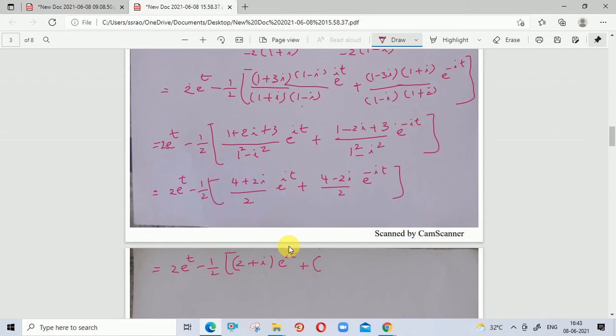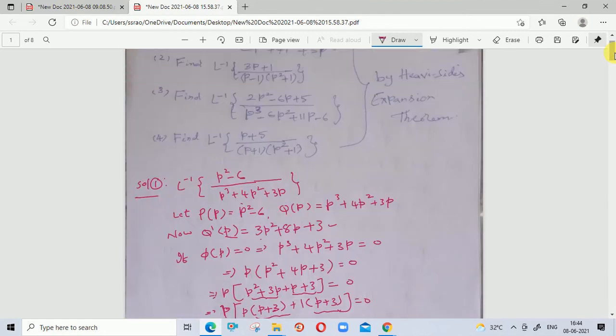Okay, this is the solution of second problem. Okay, understand? Okay. Understand. So third one,